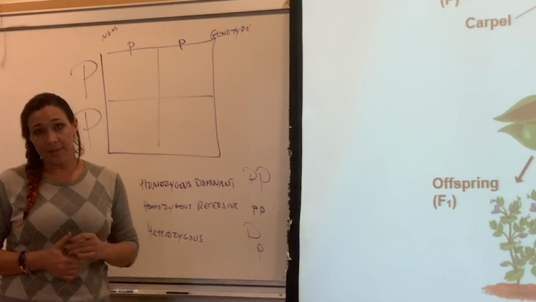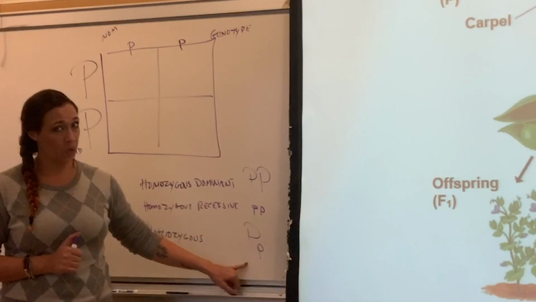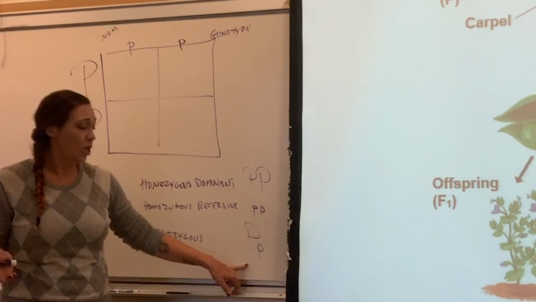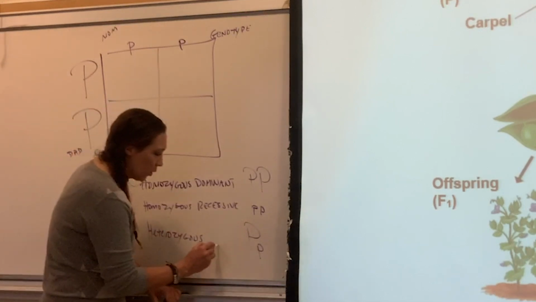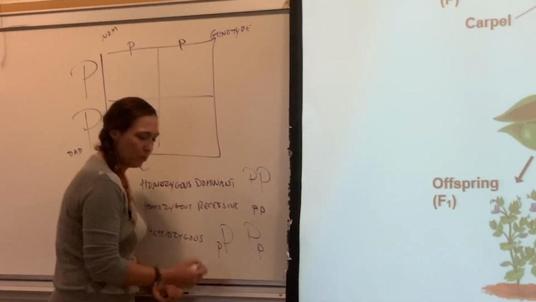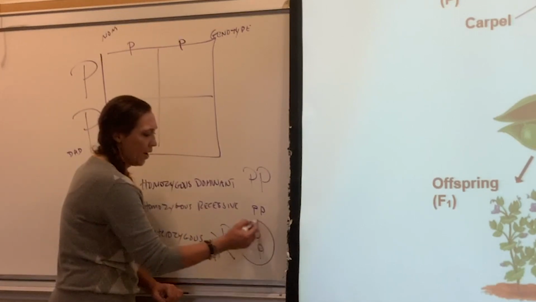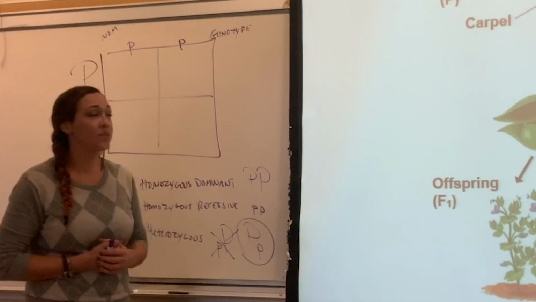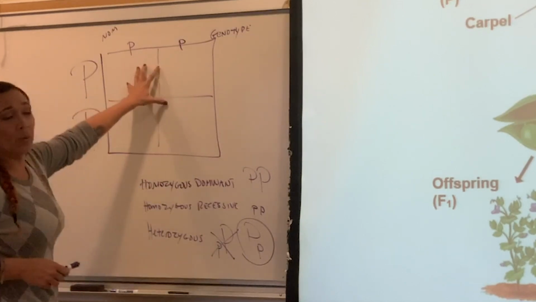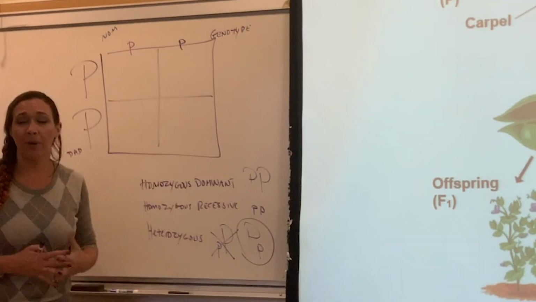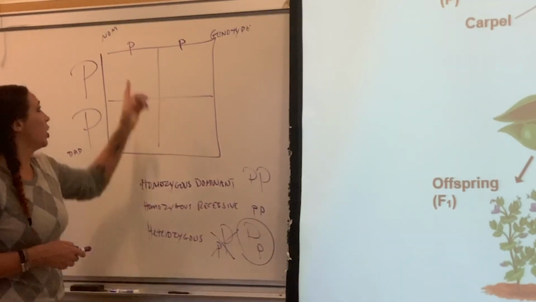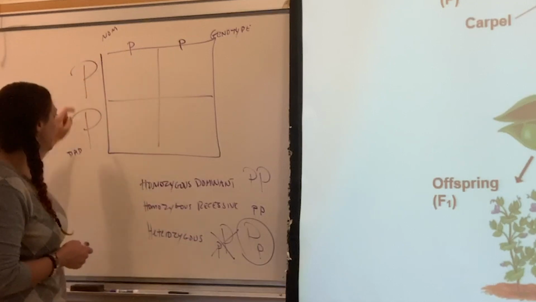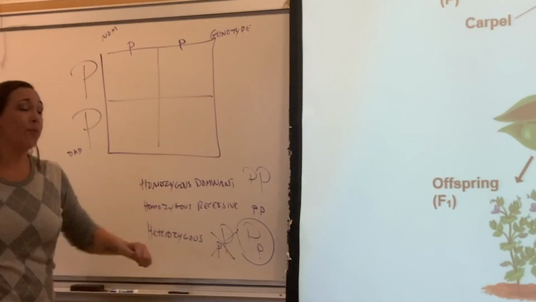Now, when we write this, capital always comes before lowercase, just like in actual English, right? So we would never write lowercase p, capital P. That would be wrong. We would write capital P, lowercase p. That would be how we would write our heterozygote. Now, what we're going to do here is a simple monohybrid cross, or a Punnett square. So we have mom's DNA over here, we have dad's DNA over here. Now you just have to fill them out.